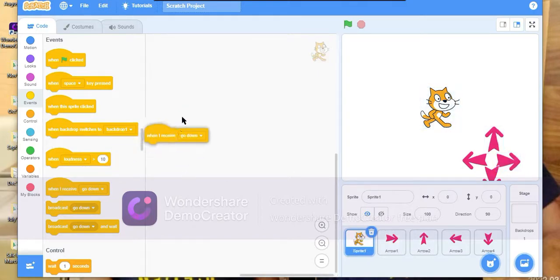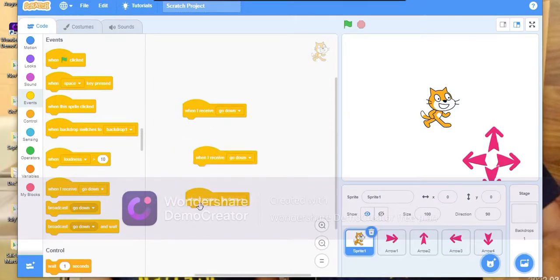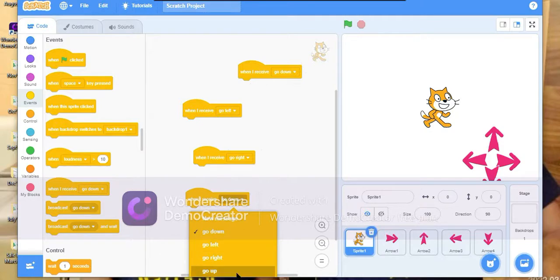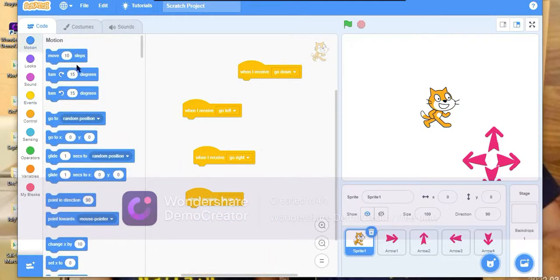Now when I receive go down, when I receive, and when I receive, this will be go down, this will be go left, this will be go right, and this will be go up. Now we will take move 10 steps or change x by 10, and here